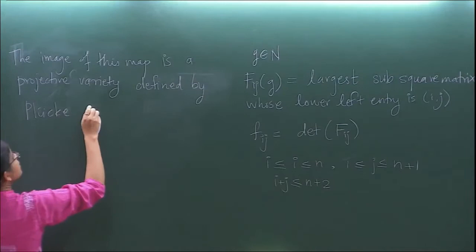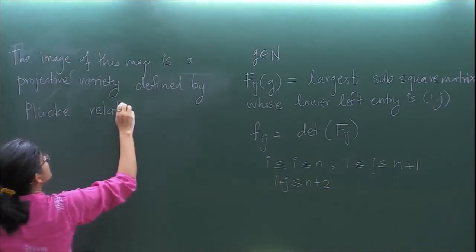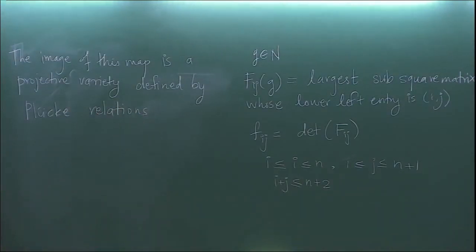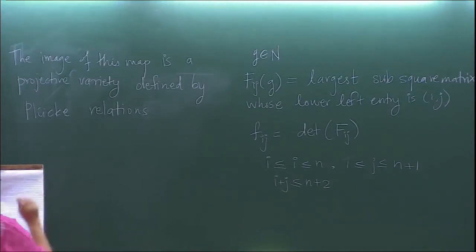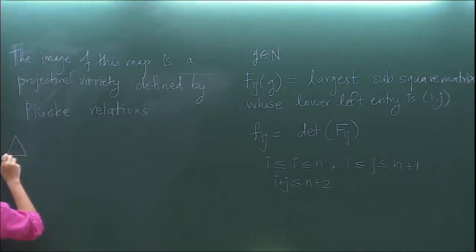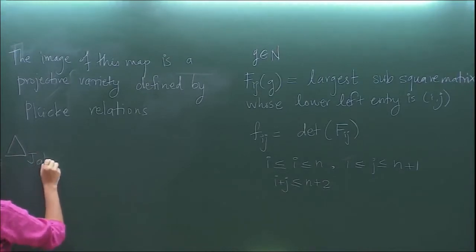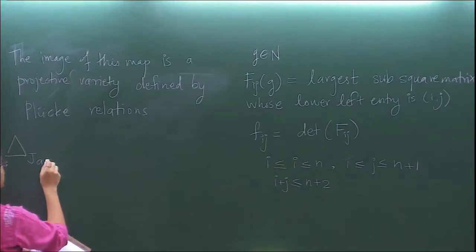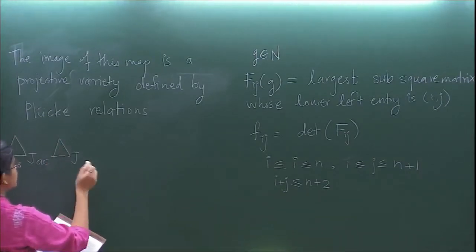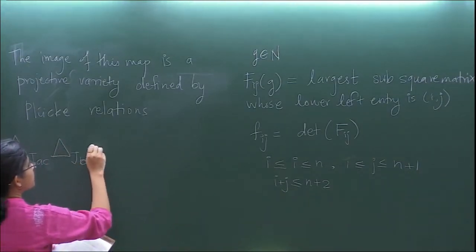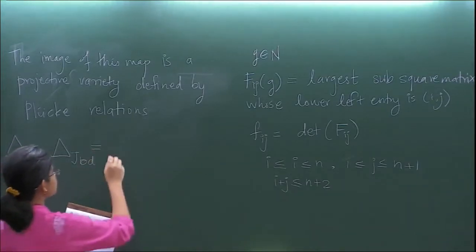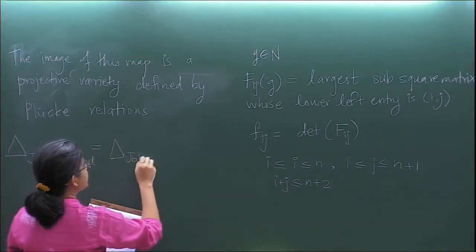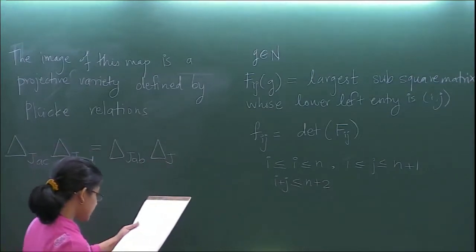There was a question whether Plücker relations can be defined for any k. So here are the relations. I will tell you what J and all these symbols are. Delta J A C times delta J B D is equal to delta J A B delta J C D